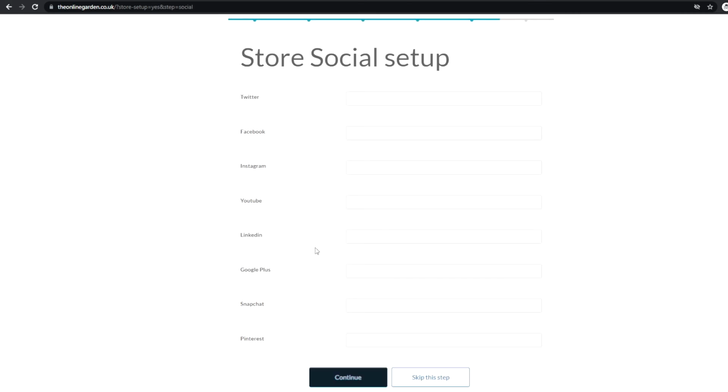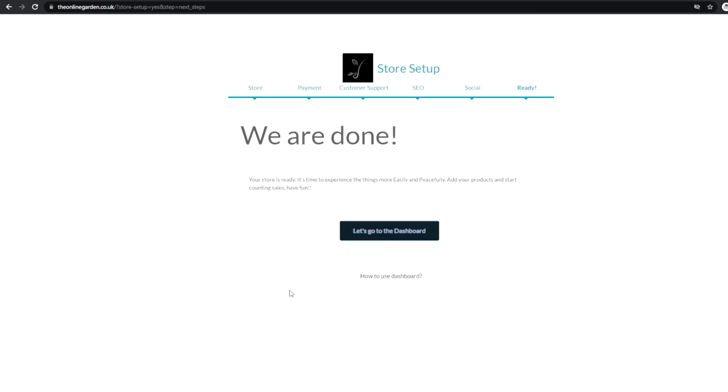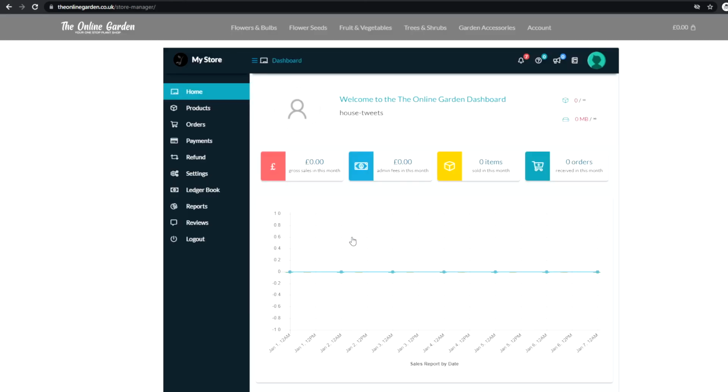To allow people to go to your social media via the Online Garden, simply put in the appropriate links under each section here. Once you've gone through all these steps, you'll be taken to this page and you can go straight to the dashboard. In the next quick start guide, I'm going to show you how to set up shipping,